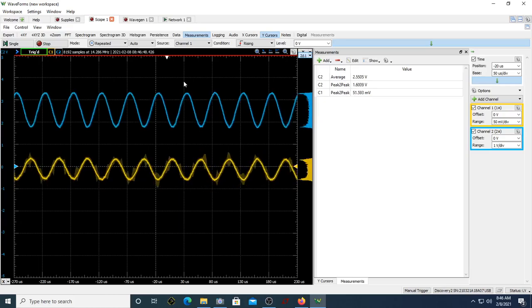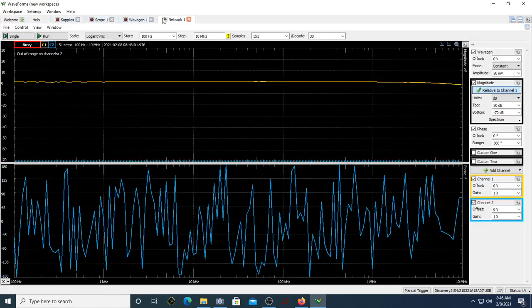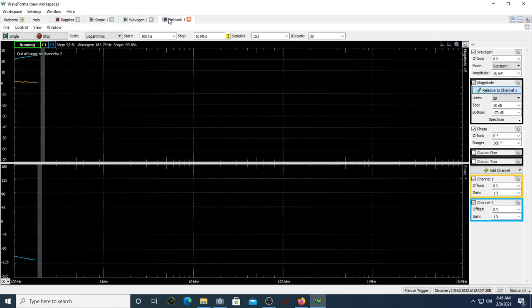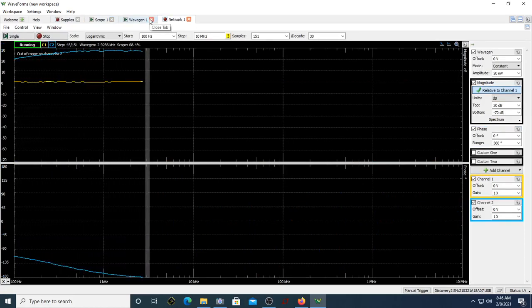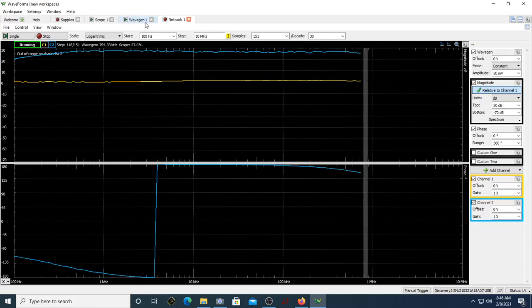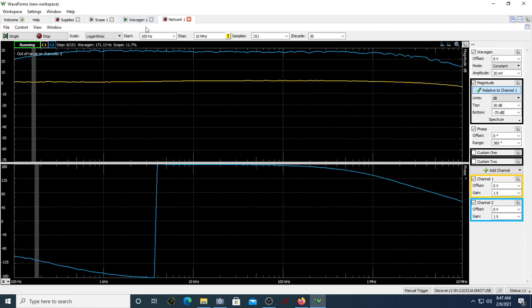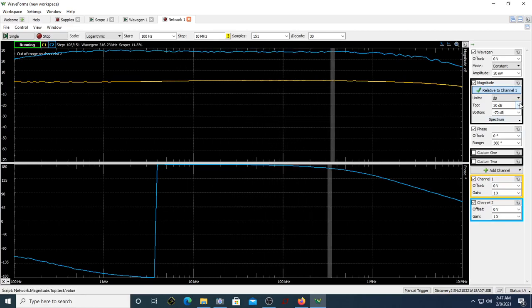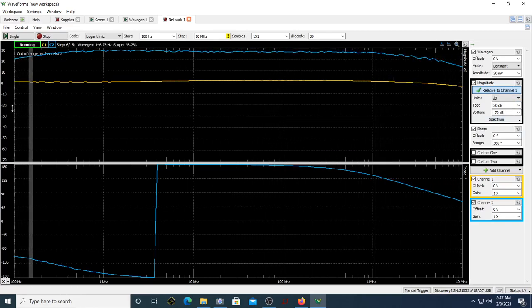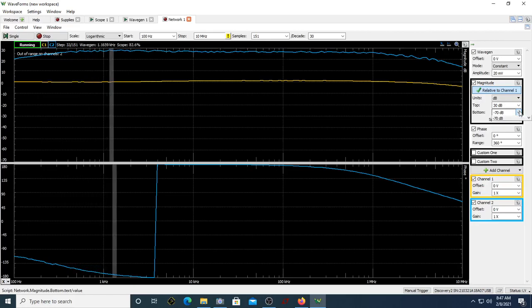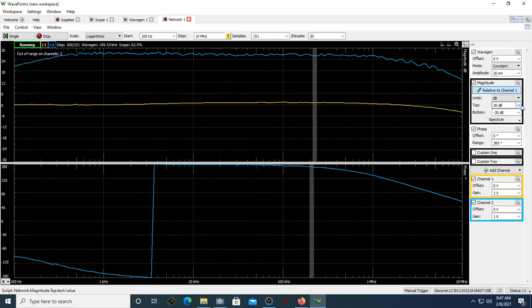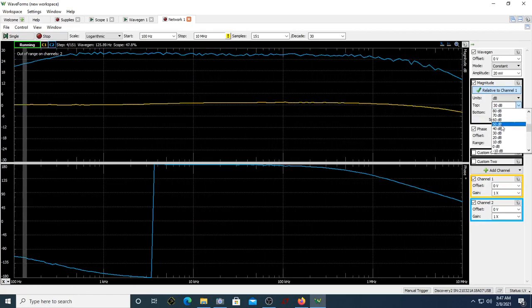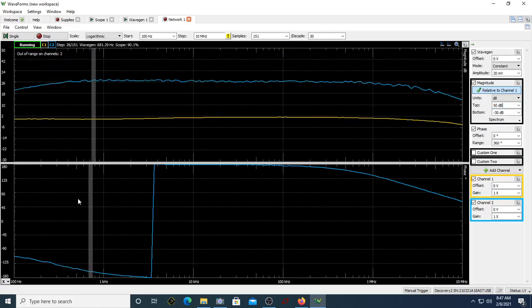Now let me go to this network, then run it. Now you can see you're getting the plot. But you can see it's almost touching this top. So now you can make this bottom as maybe around minus 30 dB is fine. Then make your top as around maybe 50 dB. Looks fine.